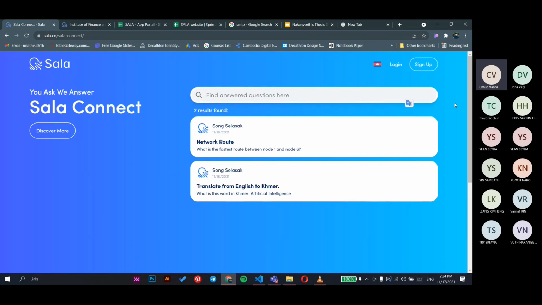Sure, got it. Thank you. I will implement it in the future, because actually in the API we also have some tags related to the specific question. For example, this kind of question would fall into English questions which are related to networking or something. It is possible to make it. Thank you.